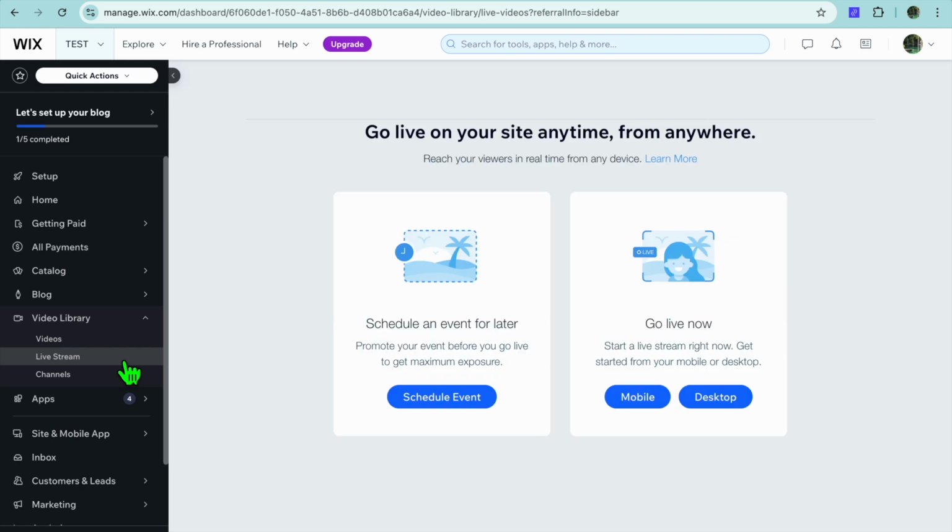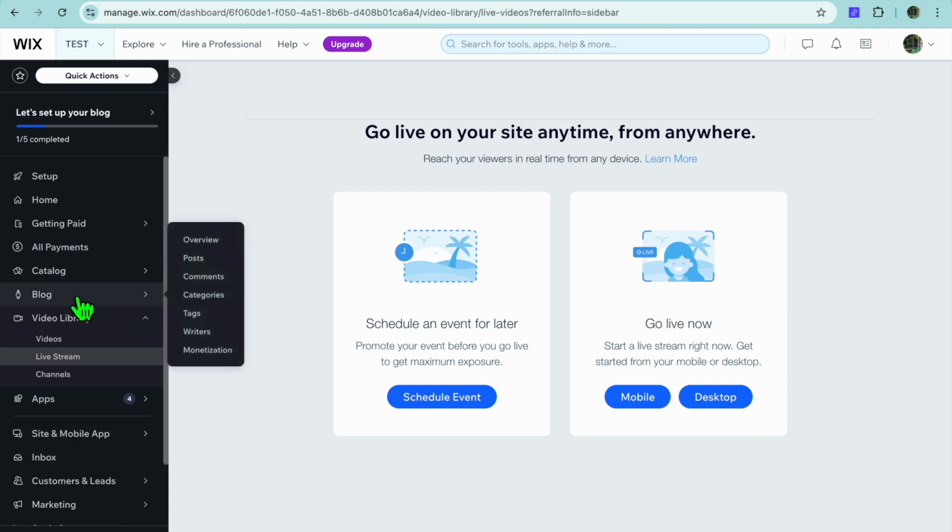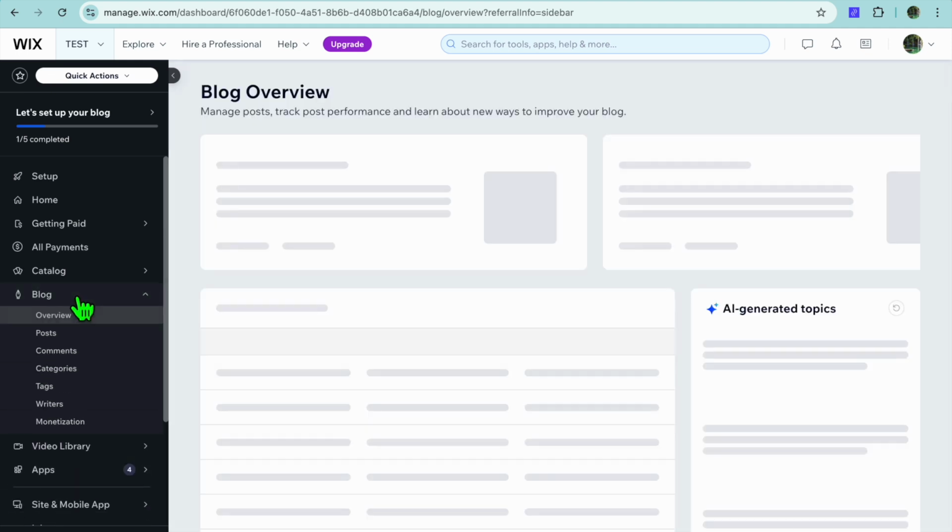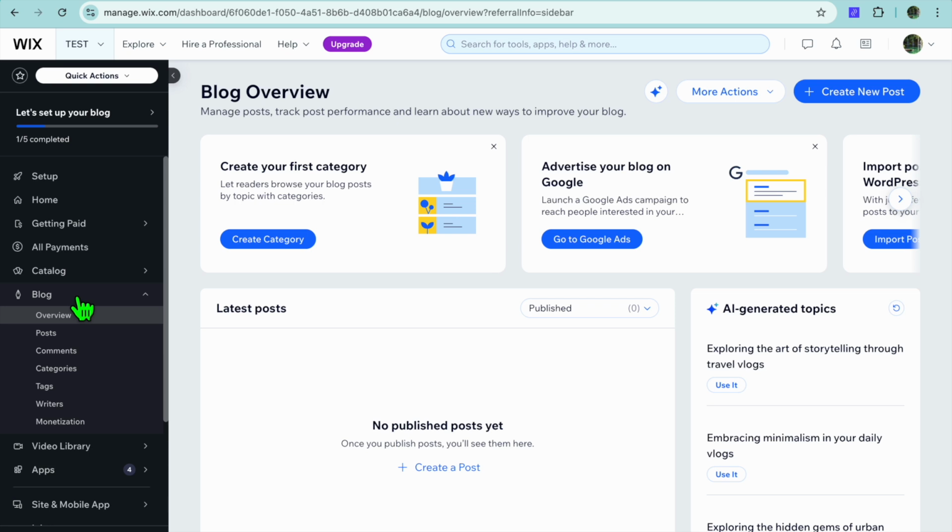You can also select live stream from the left hand menu option, and from here you could schedule an event, or you can choose to go live right now, whether on your mobile or desktop. Now after setting that up, if you would like to blog also, you can tap on blog from the left hand menu option, tap on create new post, and you could create your first blog